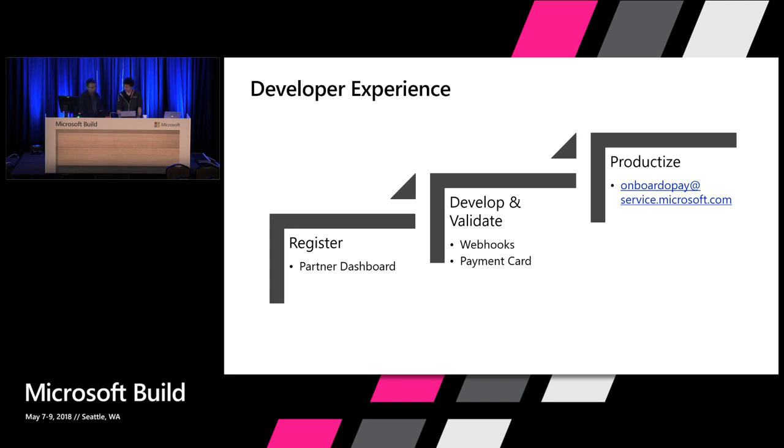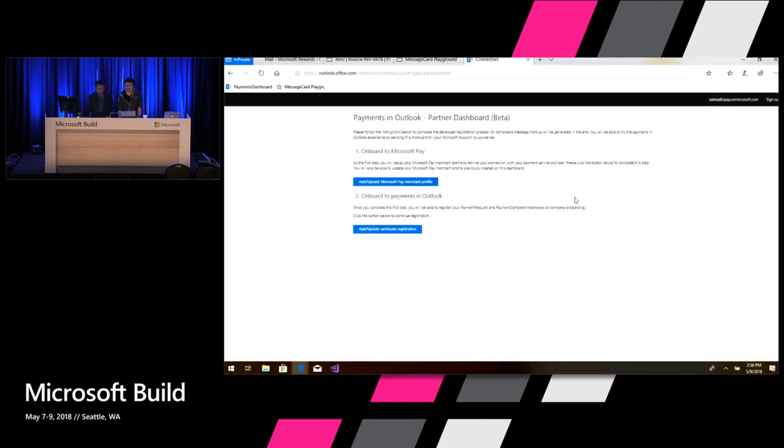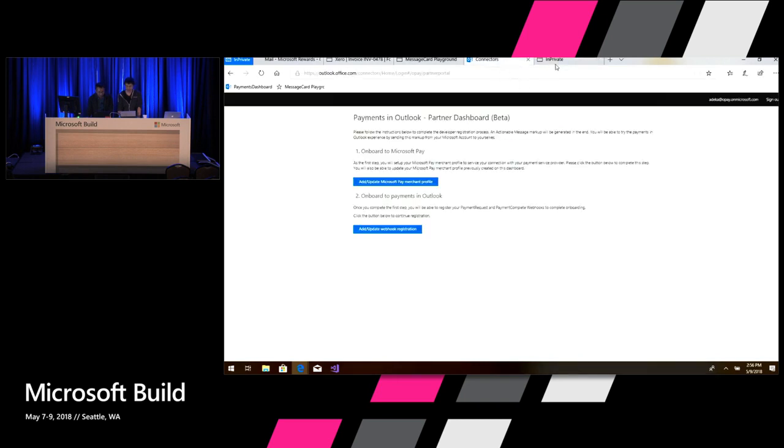So Amar is going to quickly show the onboarding process right now while I try to explain it. The first thing you have to do is have an Office 365 developer account. If you don't have one, here's the link, and we'll be able to share it after this presentation, so you can sign up for that really quickly. Yep. So once you have that and you sign up, here's the payment platform that you can see and the management portal.